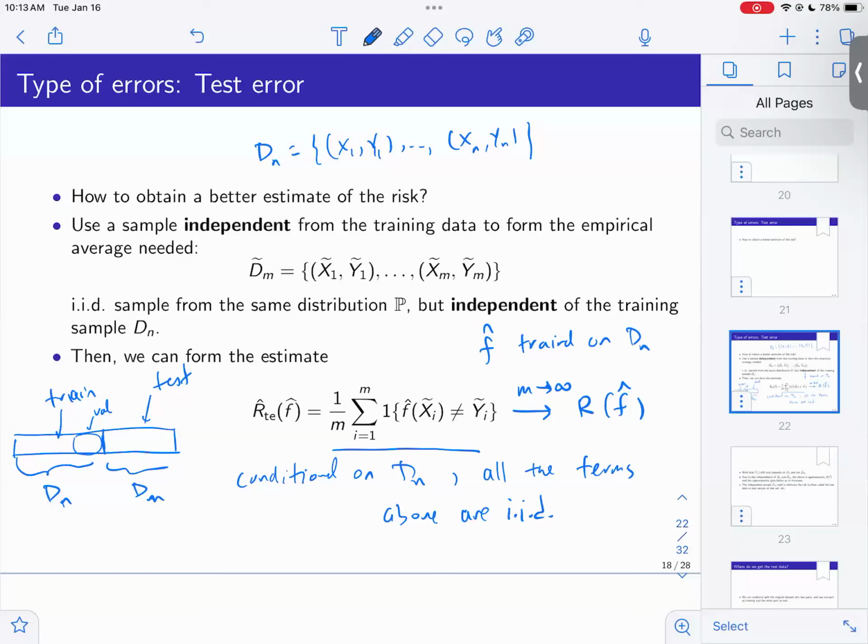Sometimes you don't even see the test. Some people keep the test set out for you, and you just publish a classifier, they evaluate it for you and give you the result. That's the safest thing to do: never ever see it.